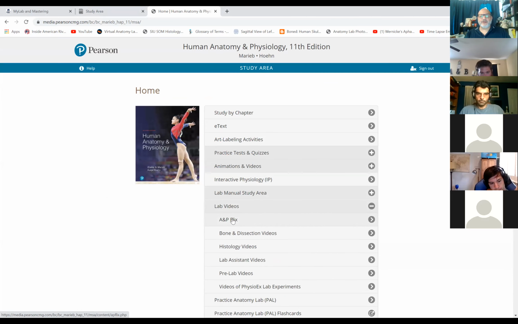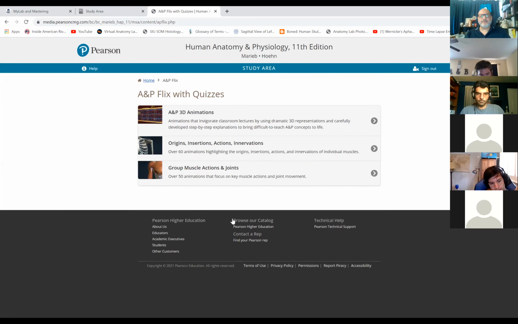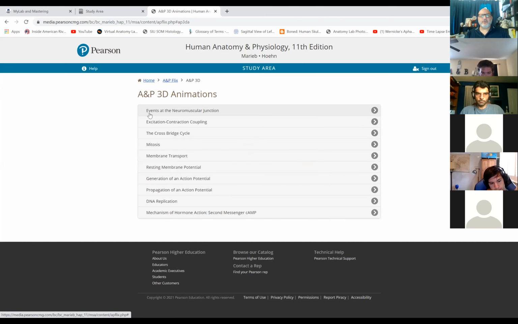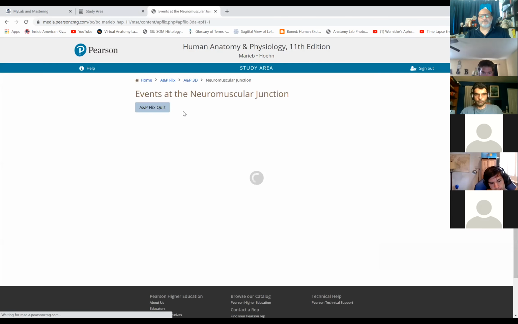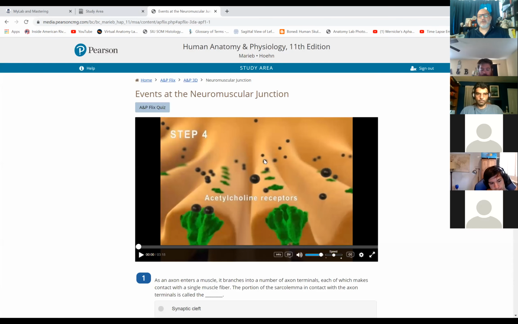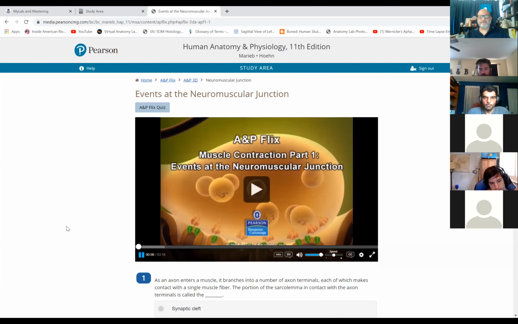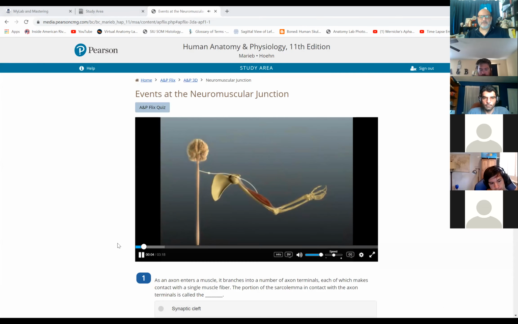And if you just want to dip your toe into this, notice there are some lab videos. And if we look under A&P Flicks, lo and behold, under the A&P Flicks, events of the neuromuscular junction. High resolution, high magnification illustration of this process. Nerve impulses, also known as action potentials,